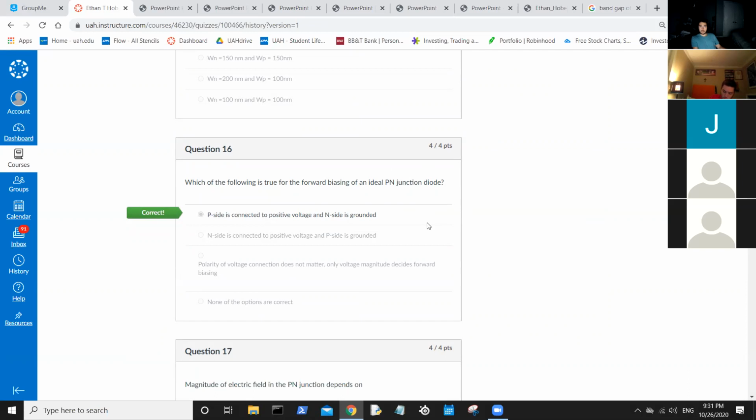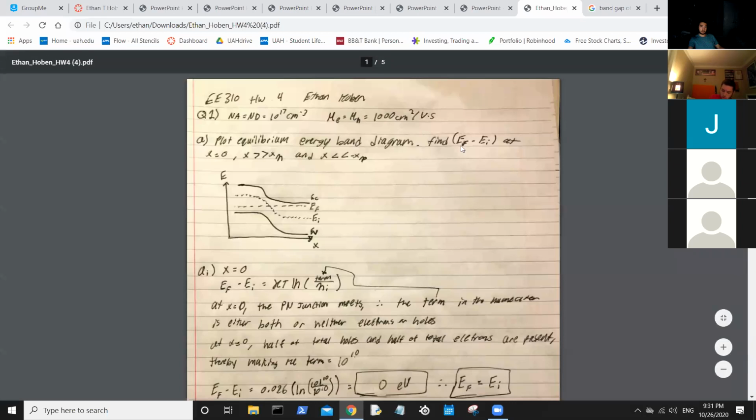So remember, when we want to operate a PN junction in the forward bias, that means we want to decrease the depletion region. So the traditional electrostatics of the PN junction